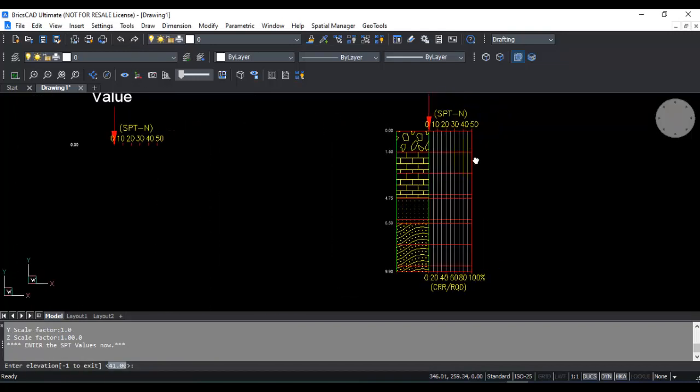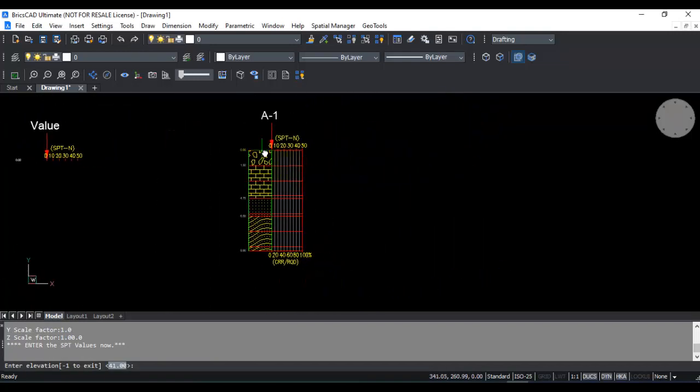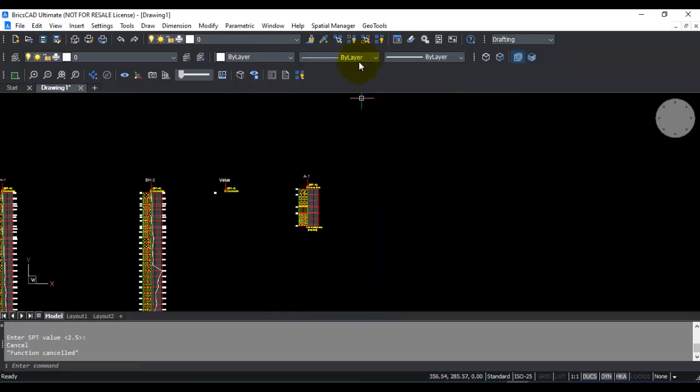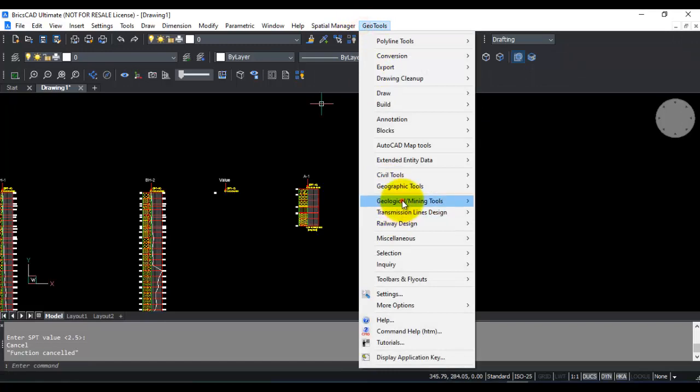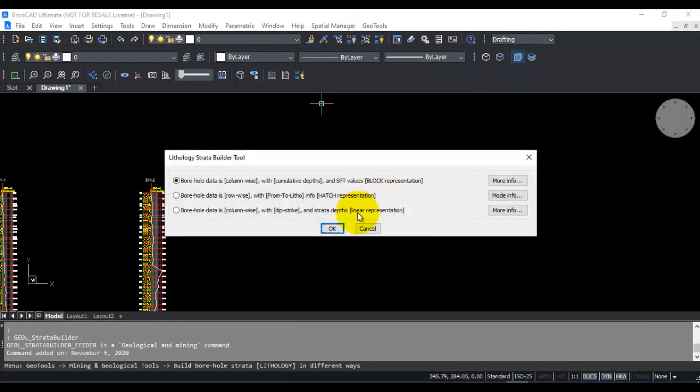Now you can see that I have interactively drawn my borehole lithology cross section at the specified depth. So using this command Strata Builder, you can create the lithology cross section in an easy manner. There are other workflows in this command like hatch and linear representation with dip strike values, which I will